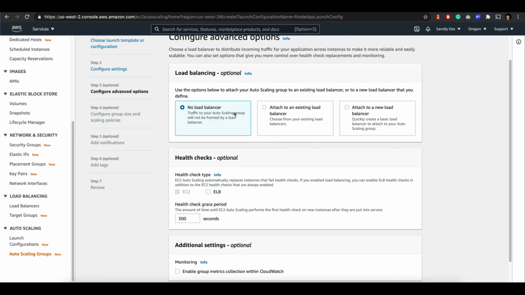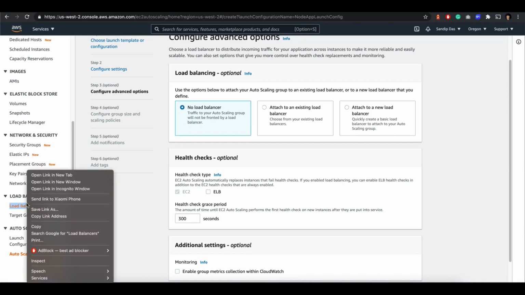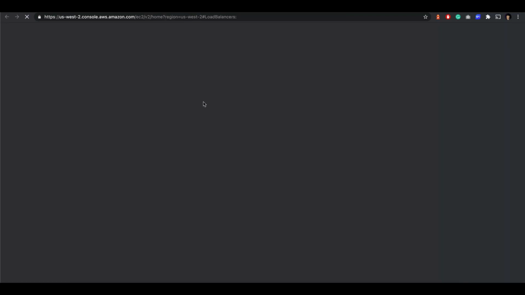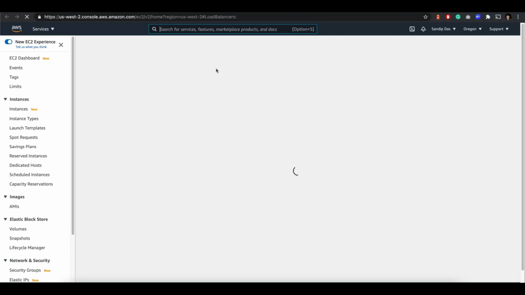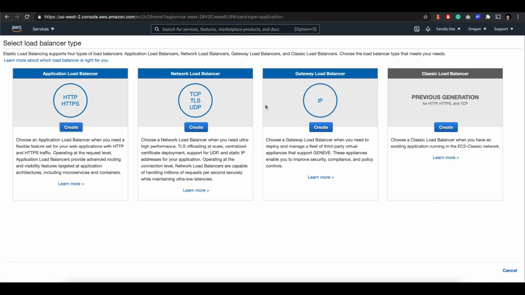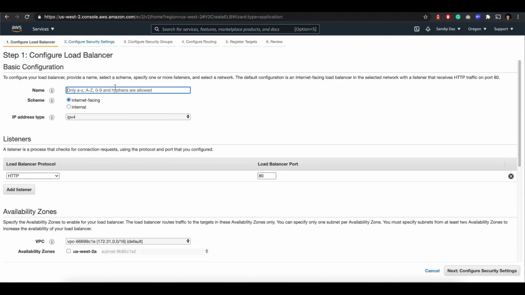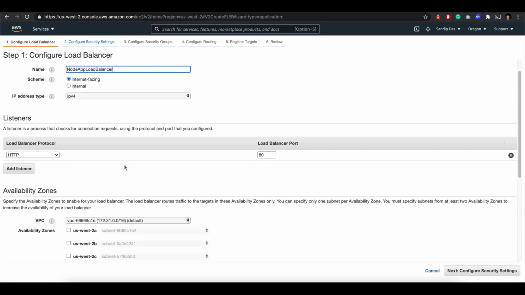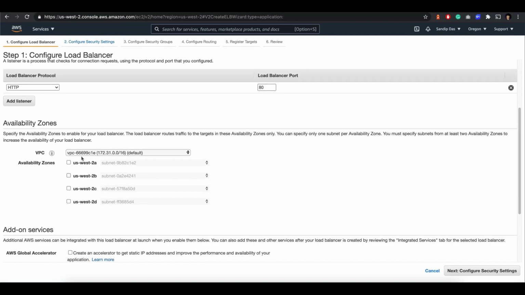We can just go ahead and create a new load balancer and attach it here. So let's do it. So this is the load balancer. Give it a name. Call it Node app load balancer. Internet facing, all good, port 80.